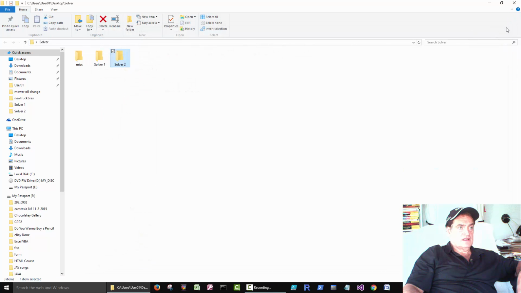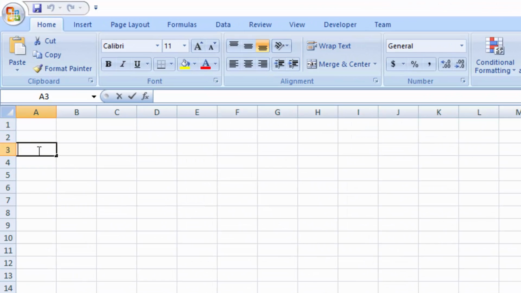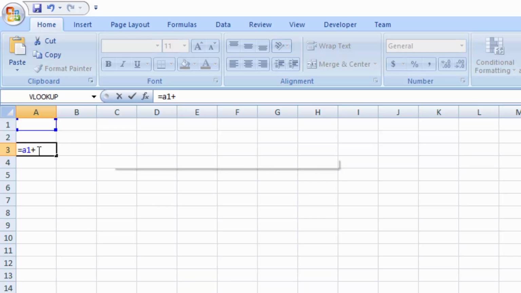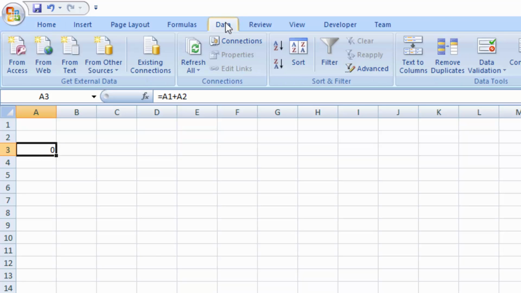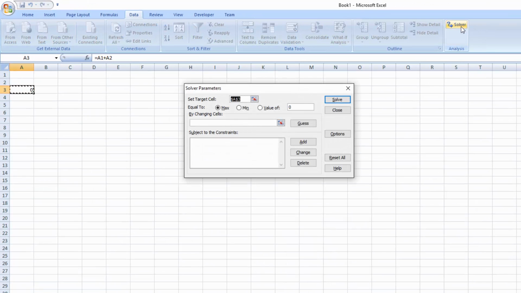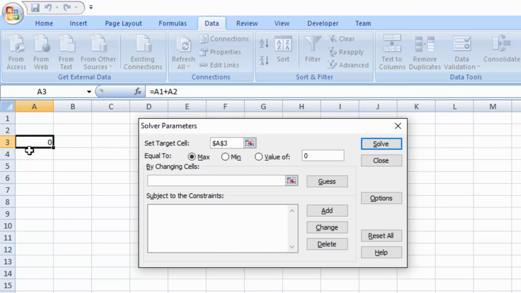So let's see how this works in Excel. We'll start Excel. We'll have a real simple example. Create a formula: A1 plus A2. Click that cell, data tab, start solver. It wrote that cell in for us because we've had it selected, A3. We'll set the value of A3 to 100, and then by changing what cells,